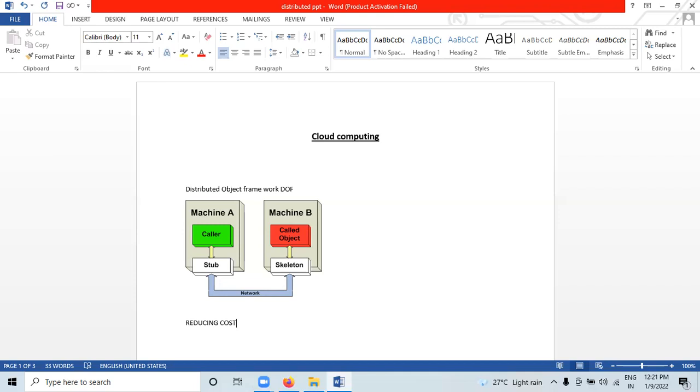current products are now more flexible and can accept future product rollouts easily. So it comes under reducing cost here: when all products adopt the distributed object framework solution, then future implementations are already prepared. Okay, so that's why it reduces the cost. Then next is